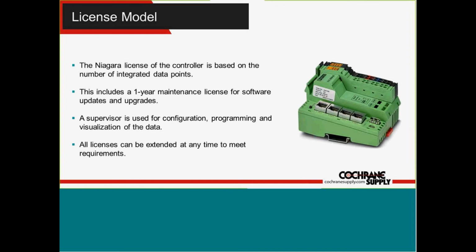Niagara, this will be something that will be of interest to you. The Niagara licensing model is a per controller license. So what you do is you buy a controller, and each controller has a host ID on it. That host ID is then tied to a Niagara license, and it's a license that is defined by the number of I/O points and devices that you're going to be connecting to. With our controller, the I/O that you add counts towards your I/O points. So if you, for example, add 10 digital input cards, which is 8 channels, and 10 analog cards, which is 4 channels, let's just say,